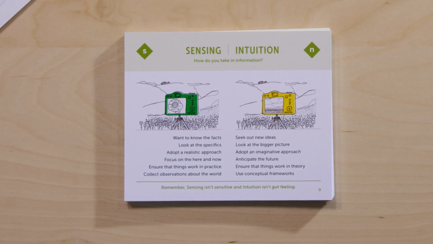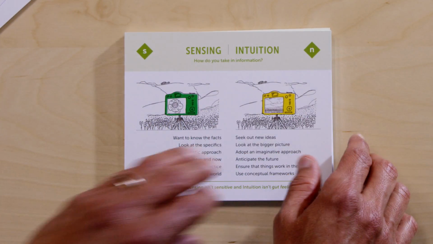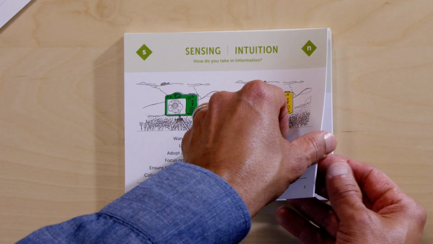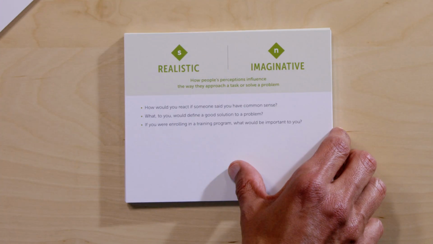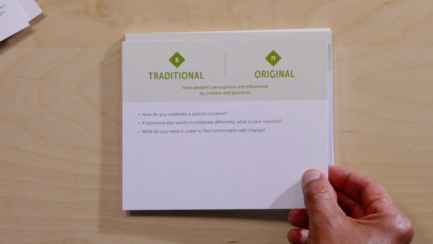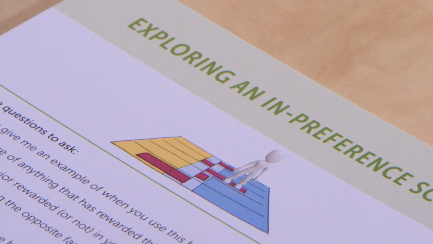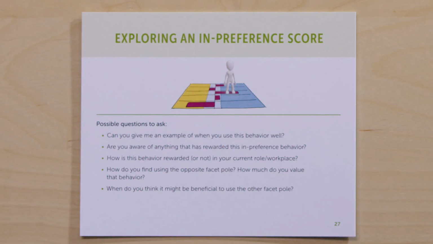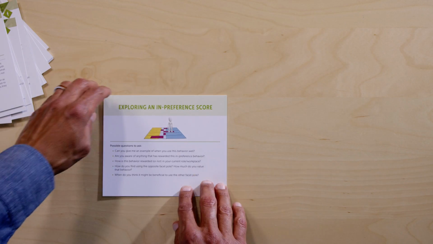Use the overview card for each preference pair to introduce the facets. Then delve into each one using the facet cards. If you need language to explain what in preference, out of preference, and mid-zone mean, turn to cards 27 and